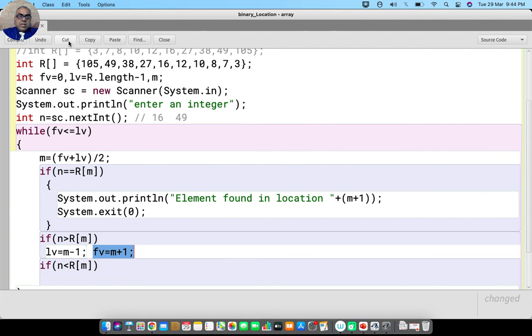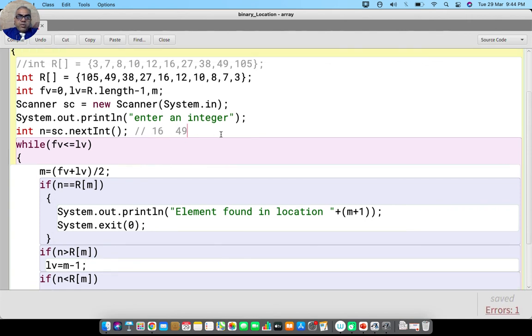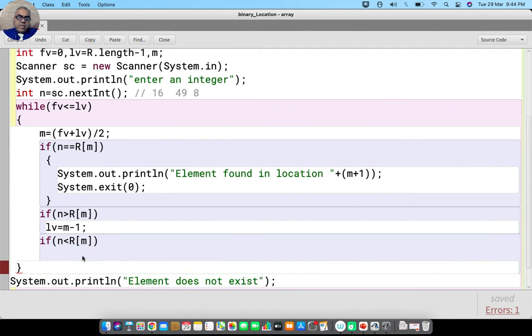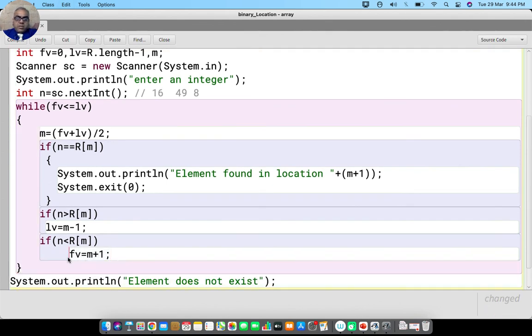And in this case, if my input value, let's say my input value is 8, my first central cell found 16 value, if my input value 8 is less than 16, then I have to start searching here, where my LV must have been 9 over here, it is the FV 0, I need to shift this side, so I will say FV is equal to m plus 1 here. So only these two changes will make the entire descending order. So option 1, I have already exchanged them, you can see, or I keep them as it is and I change these two. Both way it will work.